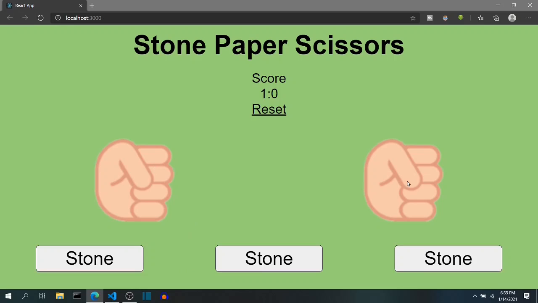Similarly, for these hand components, even though all the styling must be the same, the source of the image, that is the image that gets displayed, should be different. So these are some of the properties of these components that need to be different so that they are not exactly identical to each other.